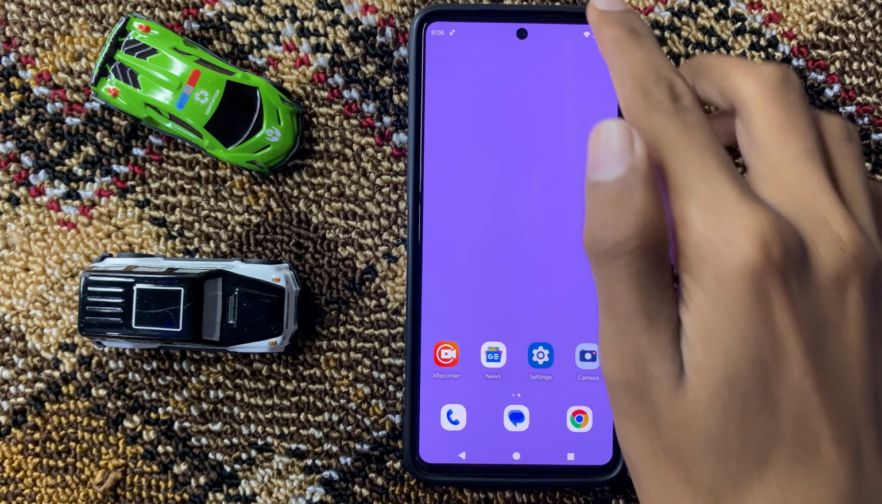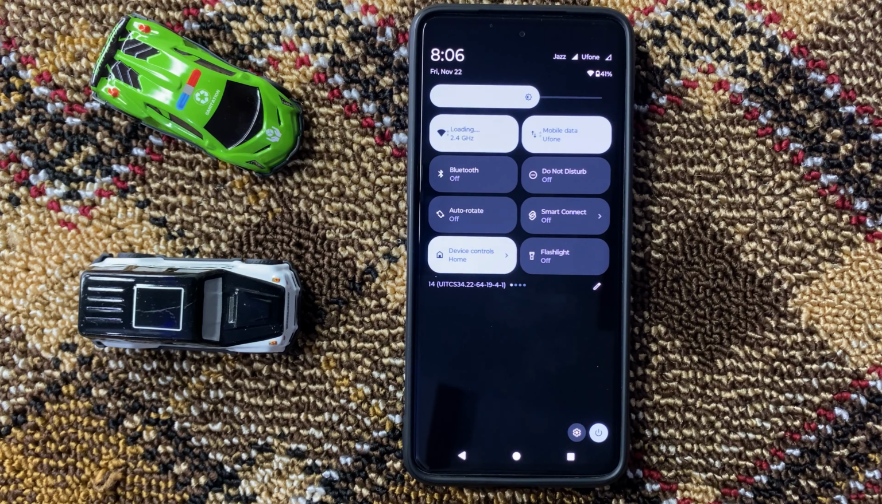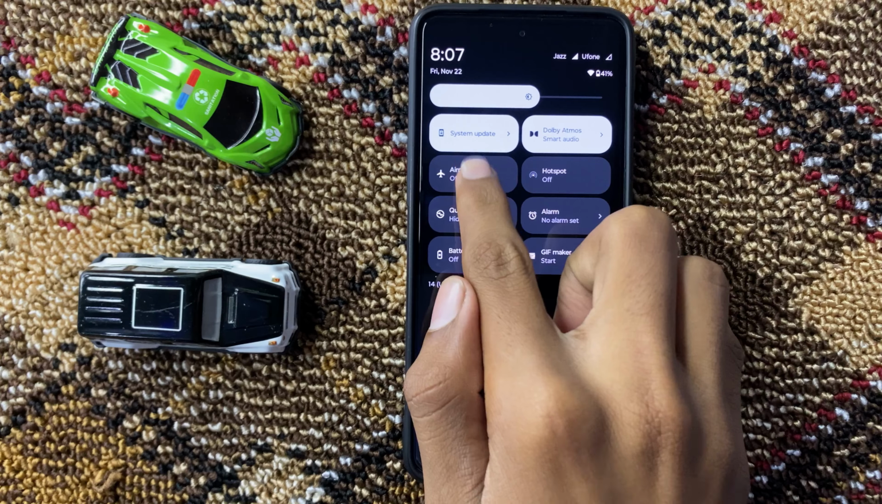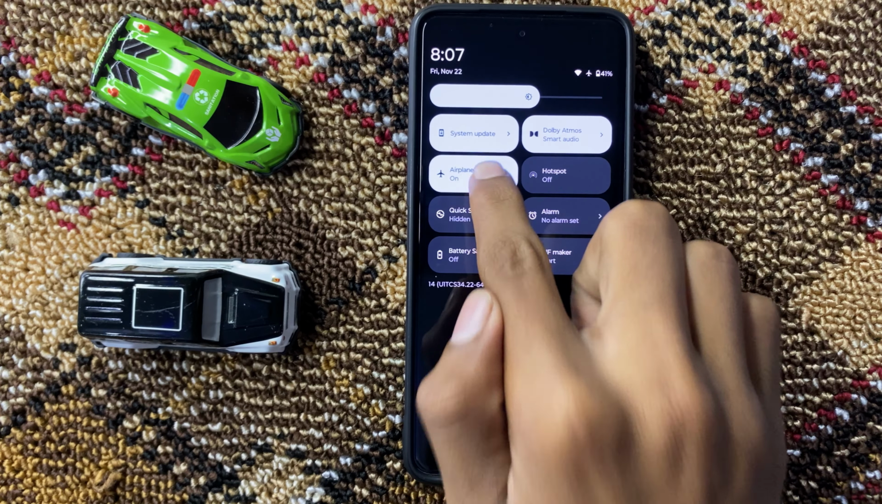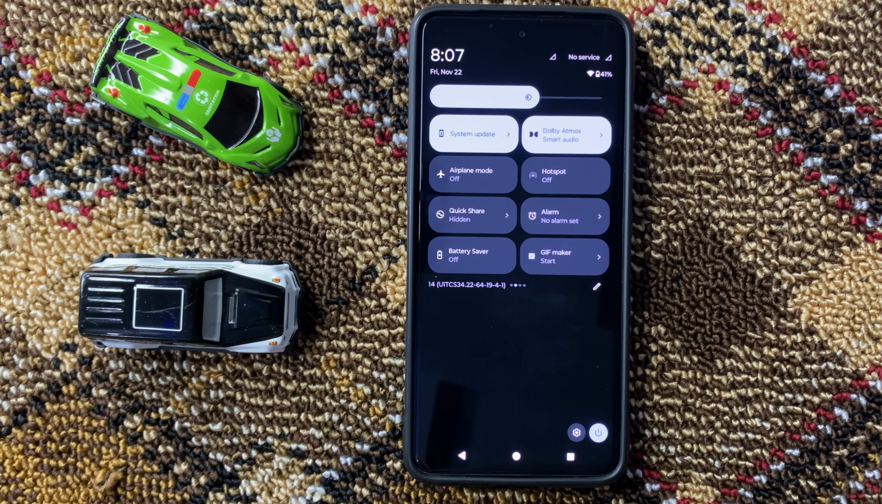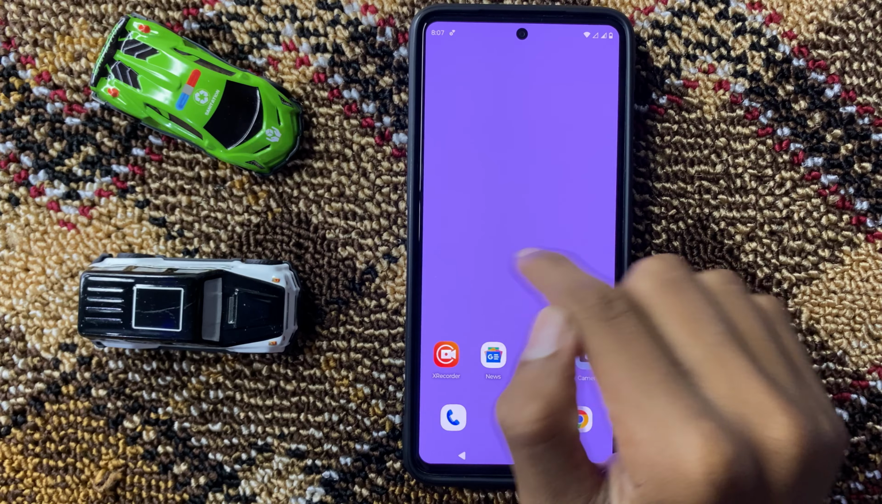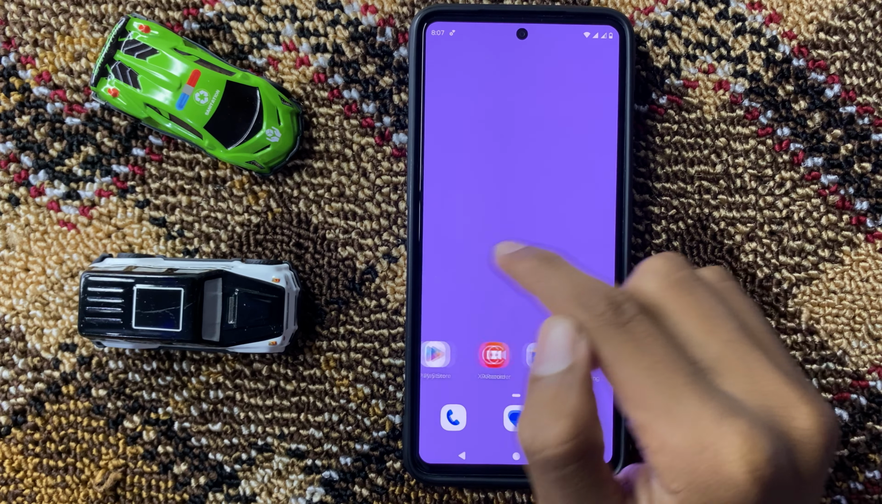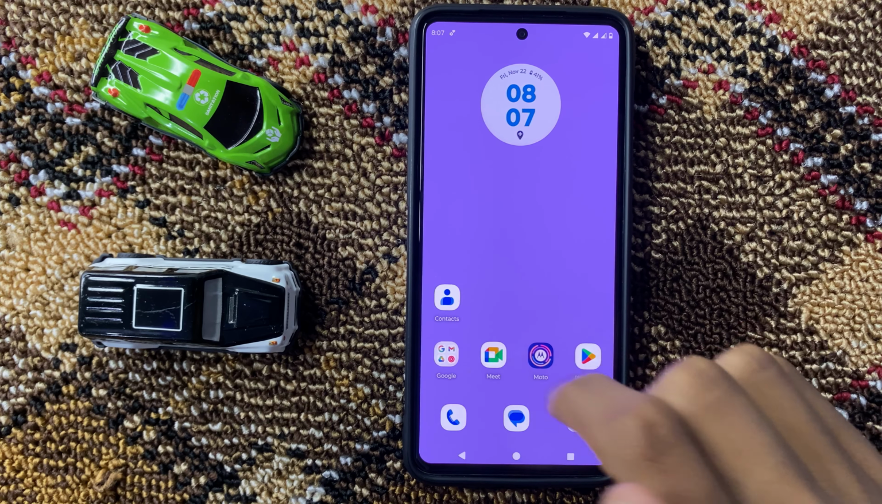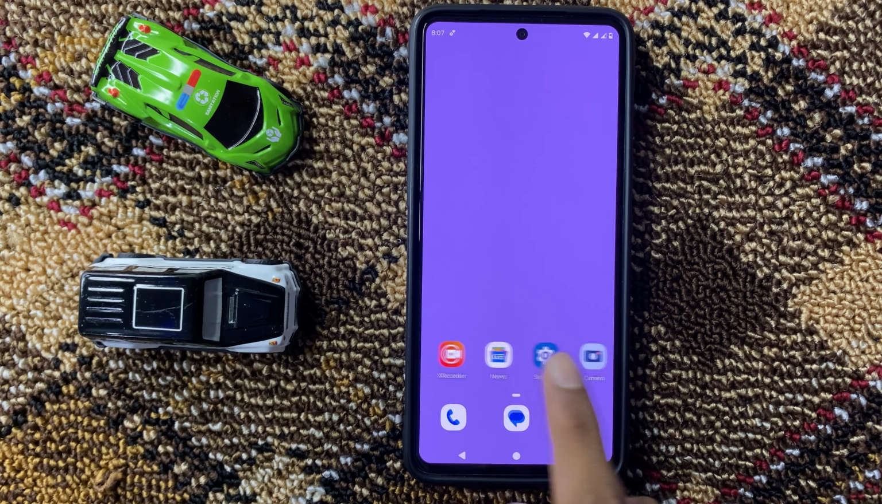First of all, swipe down to your control center and here you can turn on or off your airplane mode. After turning on or off your airplane mode, then check your network connection works properly or not. After checking your network connection, then open settings